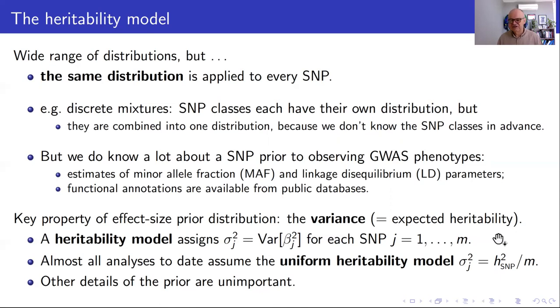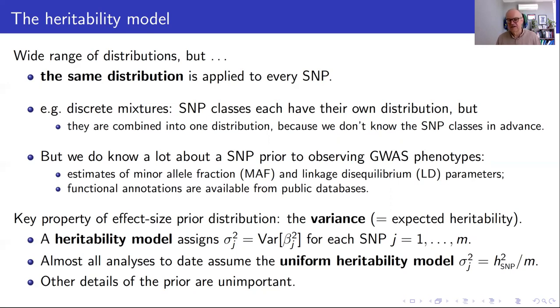Now, if you're paying attention, you might notice that if you've got one variance for every SNP, you haven't solved this too-many-predictors problem. You've still got all these variance parameters that we don't know. The answer is that although that's true, we can model the variances in terms of a lower degree of freedom model. So we can have a number of parameters describing the variances which is much less than the number of SNPs. Every SNP gets its own variance, but it's not a free parameter.